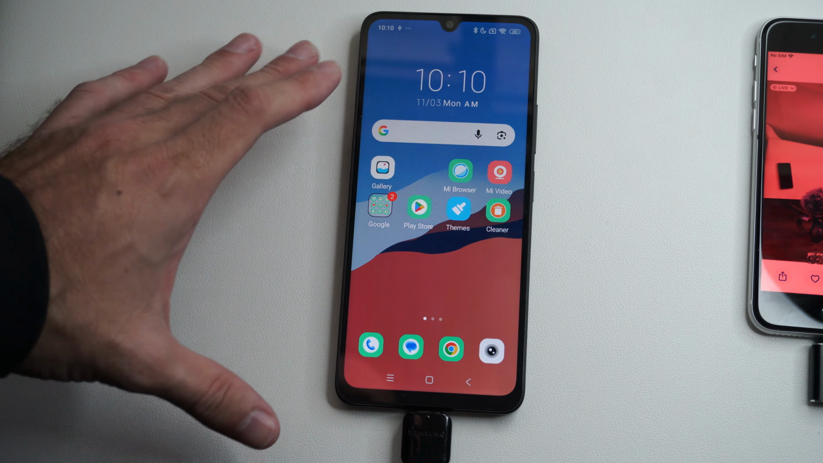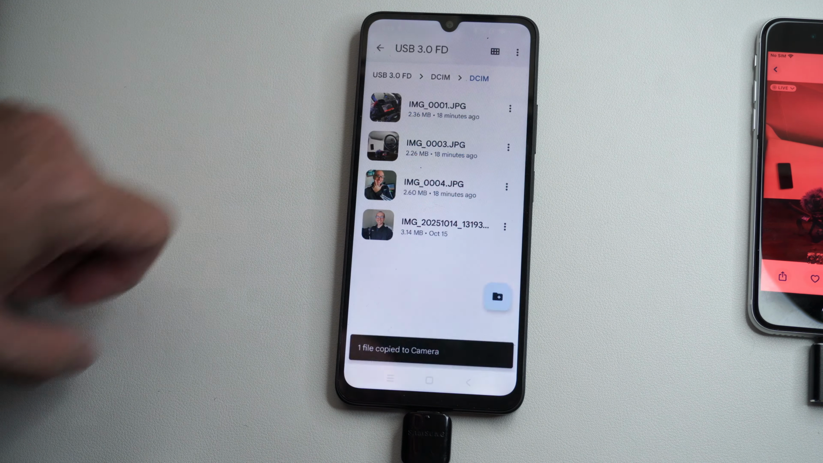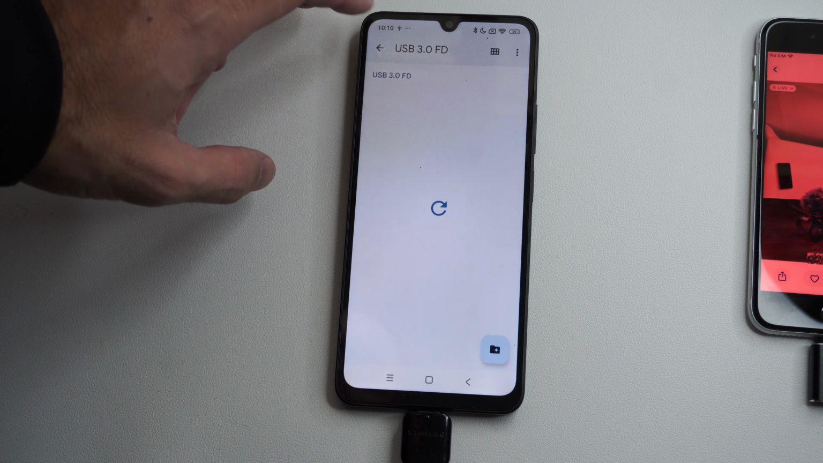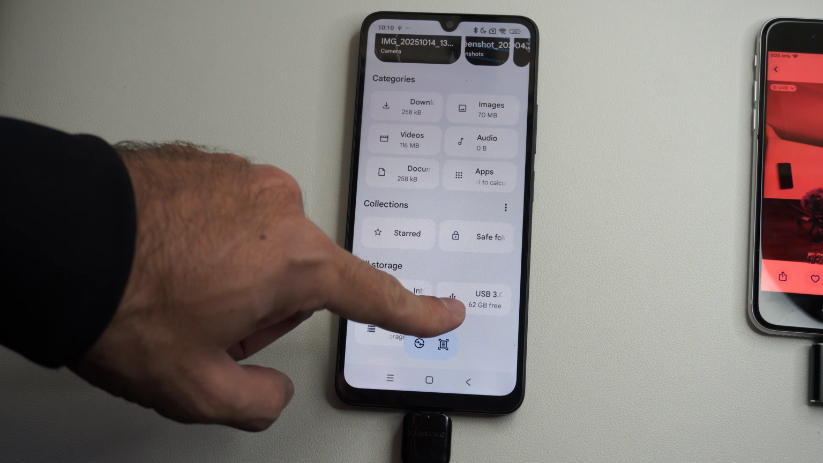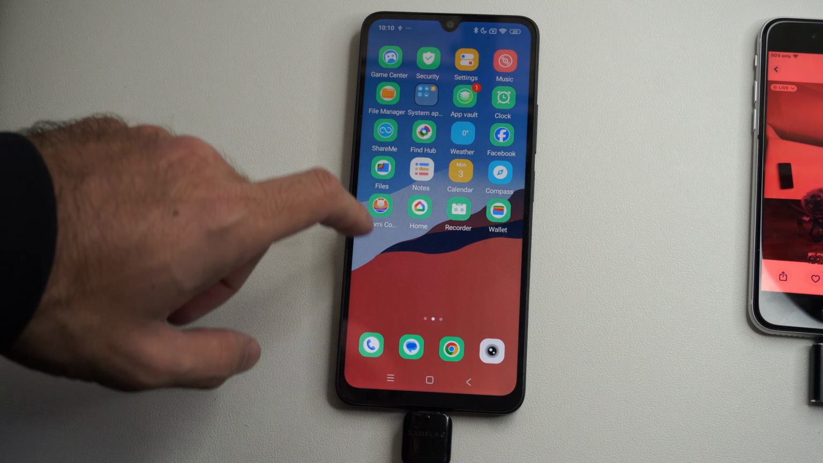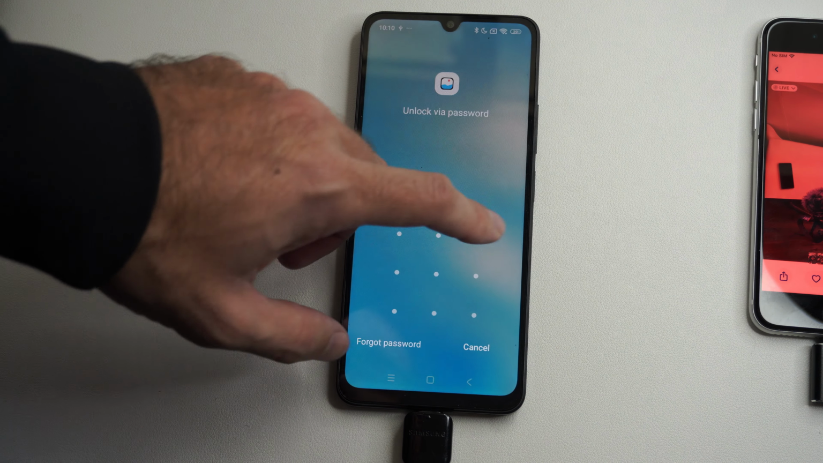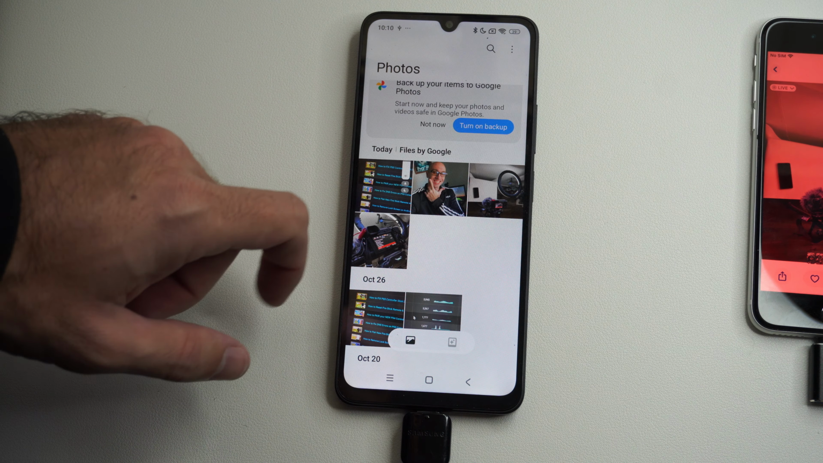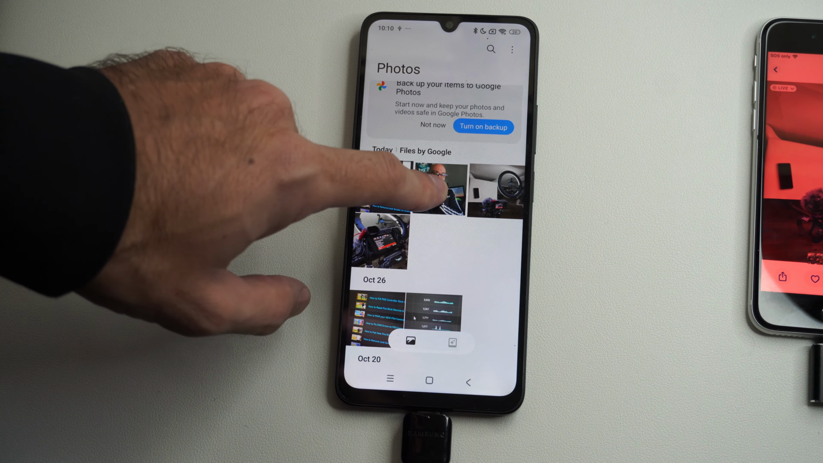Alright, so now that I have this connected, I'm going to go over to the right and go to Files. And then I'm just going to back up. I'm just going to verify this is connected, so I can see under here all storage. It's connected, USB. Then I can go to the right, or the left, and go to Gallery. And for some reason I got this password on here. I can select a photo now. I can hold down on this,